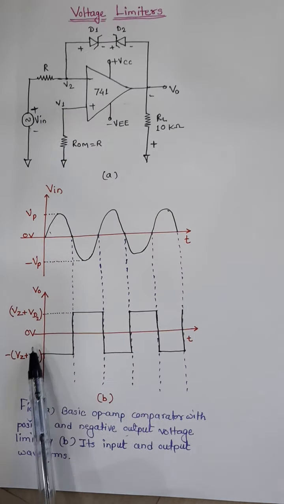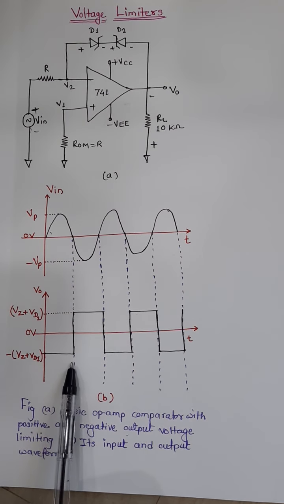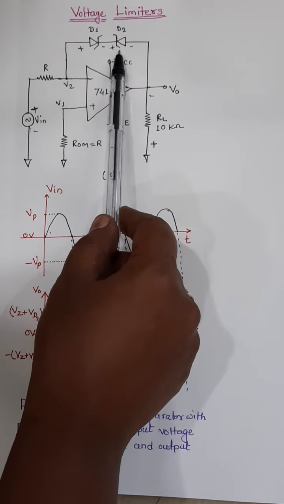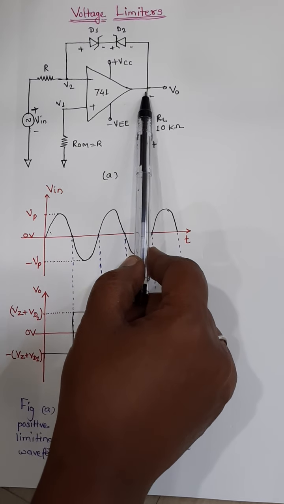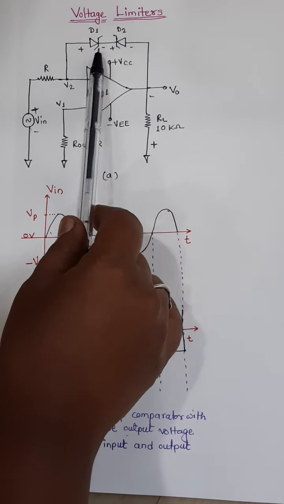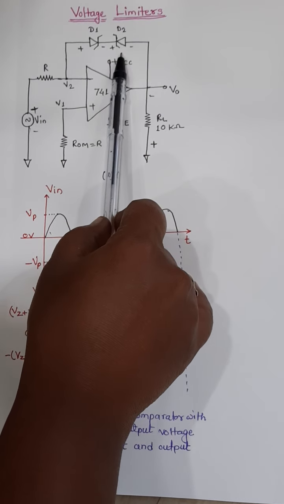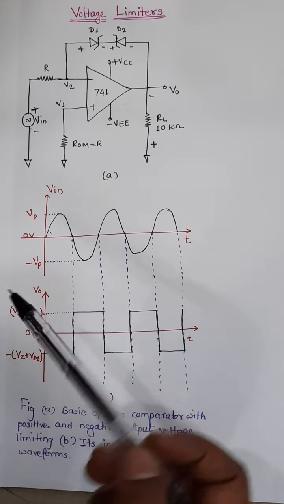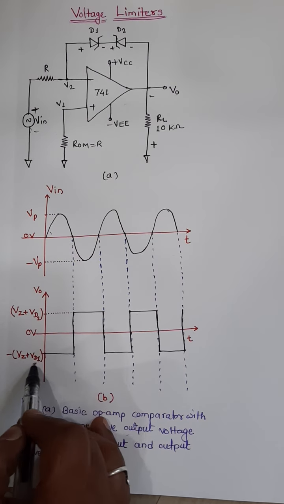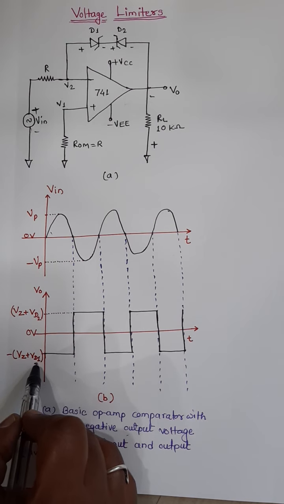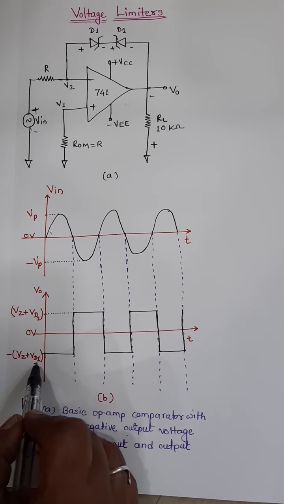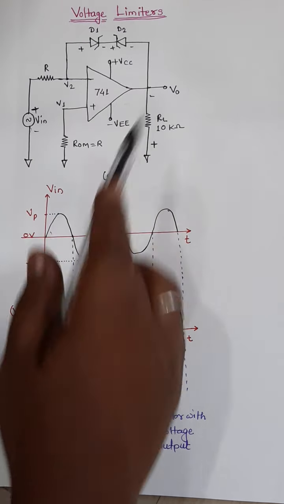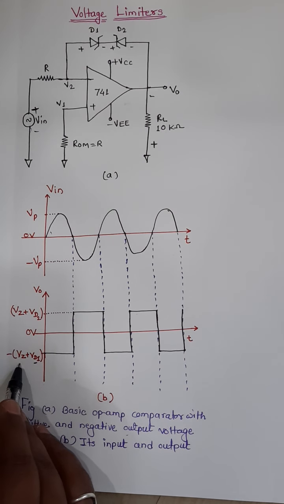Okay, so the output, which is increasing in the negative direction, will increase until diode D1 is forward biased and D2 is in avalanche breakdown. So what is the output voltage? The output voltage is the voltage across D1 plus the voltage across D2. What is the voltage across D1? Simply VD1, or it is 0.7 volt if we consider a silicon diode. And the voltage across diode D2, as it is in reverse bias, is the Zener voltage. So we represent this as VZ.